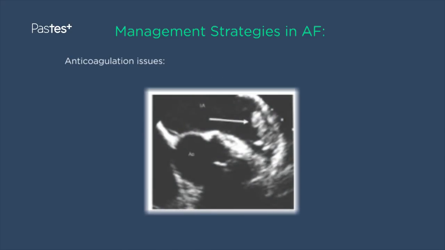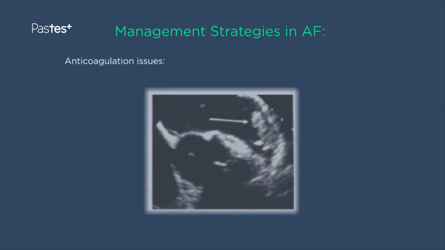If you look at this slide here, you can see where the arrow is pointing, there's a big thrombus in the left atrial appendage. Now, I'd be very concerned in this patient if you were to cardiovert them that this thrombus would move from the left atrial appendage through the mitral valve into the left ventricle and then up into the head and give them a big stroke. So here, clearly this would be contraindicated, and you'd want to ensure an adequate period of anticoagulation prior to offering